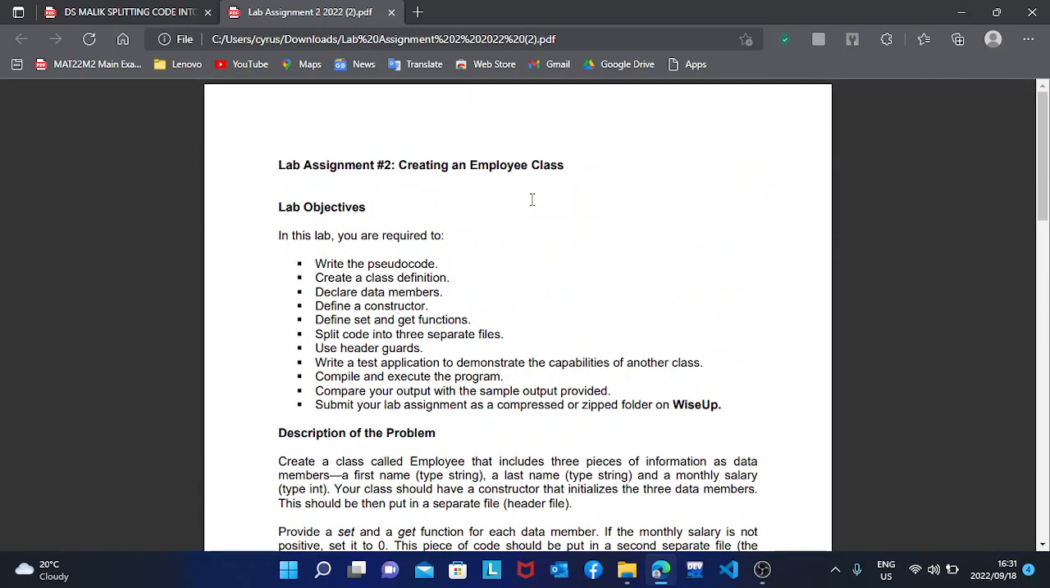There's this project to create an employee class. The requirements of the lab assignment are: write the pseudocode, create a class definition, declare data members, define a constructor, define set and get functions, split the code into 3 separate files, use header guards, write a test application to demonstrate the capabilities of the class, compile and execute the program, compare your output with the sample output provided. Submit your lab assignment